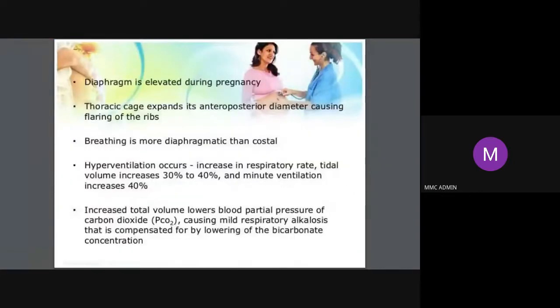Since the nose is also part of the respiratory system, a lot of patients may have epistaxis because the mucosa all over the body is extremely congested. So she may have nasal stuffiness. She may say, doctor, I have some kind of stuffiness in the nose, or she may even have some epistaxis. Once again, you should not think that it is a disease. First you have to be very sure that there are no polyps or anything. Then finally, if there is nothing else, you have to reassure her and tell her that it can happen during pregnancy. You see on the slide, there is an increase in the respiratory rate, tidal volume, and everything increases. So there is mild respiratory alkalosis.